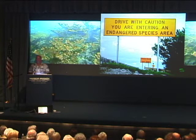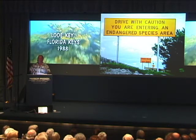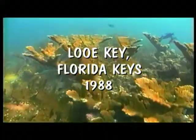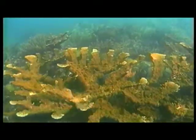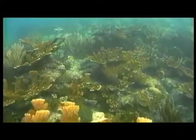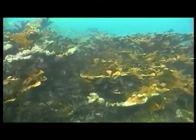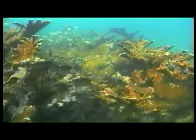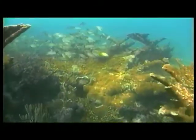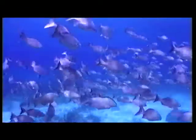I'd like to show you a little bit of video now. Jill, if we could run this video, I want to show you a before and after to give you a sense of how much habitat, reef habitat, was lost. This is elkhorn coral that we're talking about in the 1980s at Lou Key. And as we roll through this, you're going to see that this coral extends upward off the reef, providing three-dimensional habitat. All these copper sweepers you can see here in and around the coral. And as we move forward, we can see these schools of snappers, groupers, and grunts that use this particular habitat